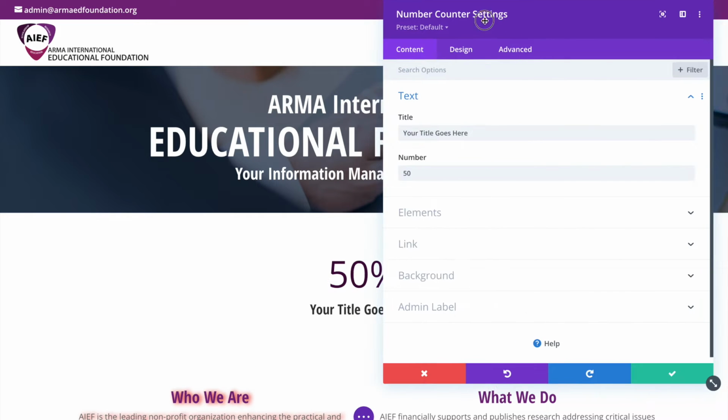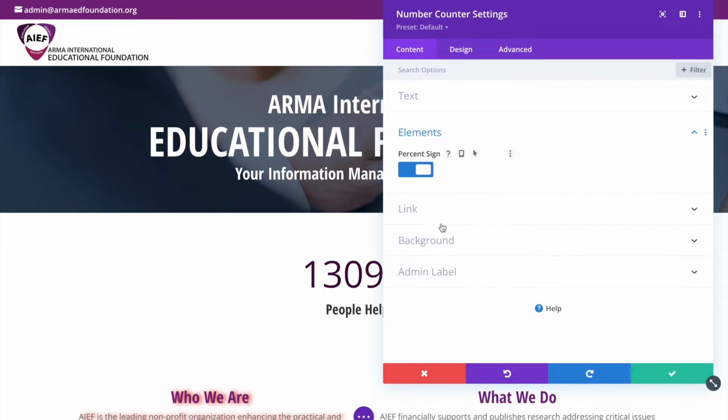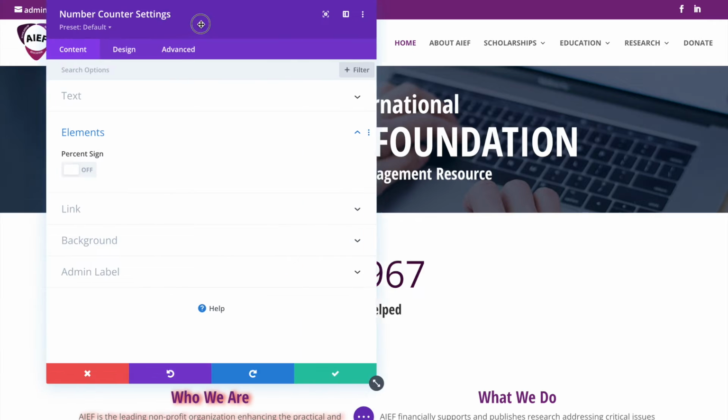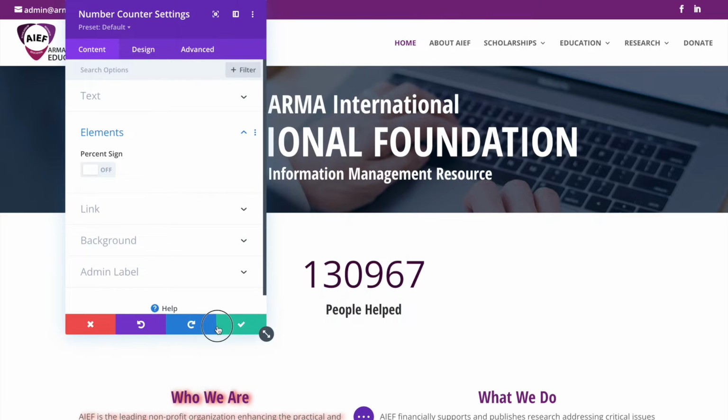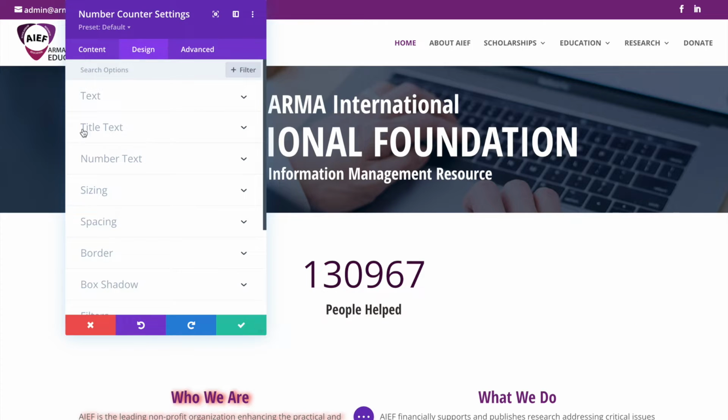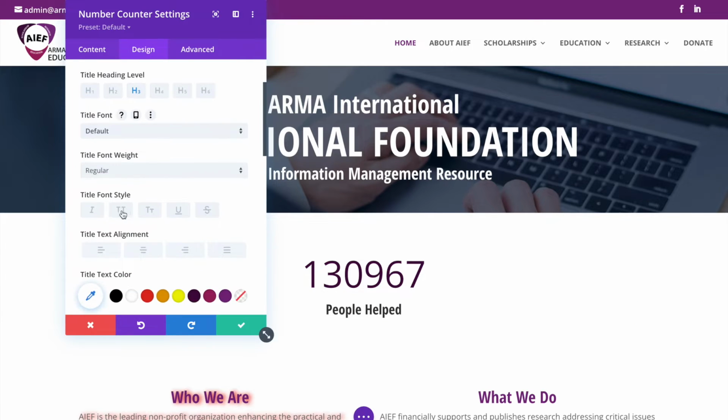Immediately puts it in, and we can say, let's see here. And we can say, just for the sake of argument, let's not make that a percentage. And look at that, kind of neat there. And you notice how that kind of tallied up and did all that extra. Well, this isn't saying you have to use this, but it's just something that's kind of neat to have in this section. So we can change the title text, and we can say I want that to be